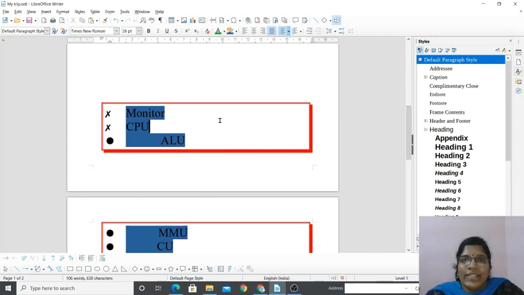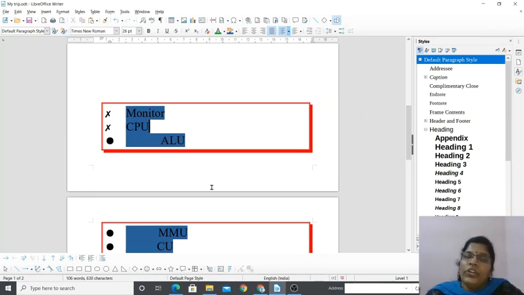Okay, then what is next? The next one is called page break. So what is meant by break? Break means leaving from one place and just taking a break, right? So sometimes you may need to create a multi-page document. And while creating the document, in some instances you may have to leave a particular page and start a new heading in the new page, right?